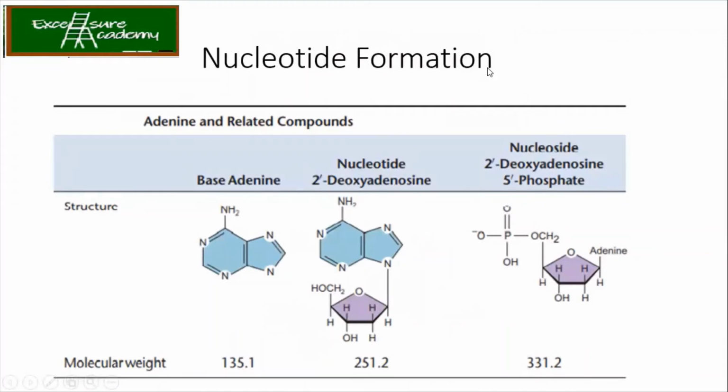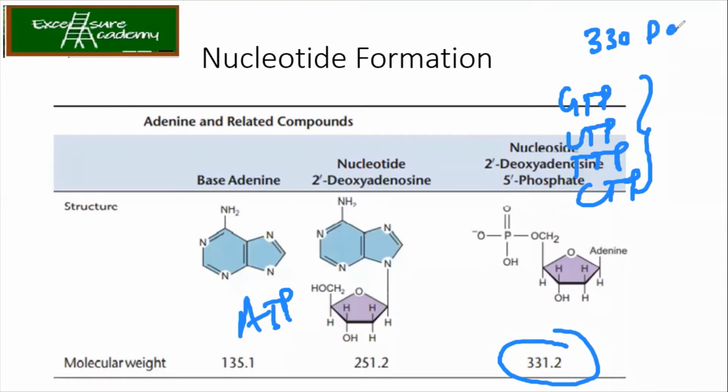So this is how your nucleotide is formed. You have got the adenine as your purine over here. Then a ribose sugar is added. We know in the case of DNA, it is deoxyribose, right? And then a phosphate group is added to form a complete nucleotide. Now, what is important to remember in this slide is the molecular weight. So 331.2 is the molecular weight for the ATP. Correct. In the same way, we have got the GTP also, UTP also, then TTP, CTP. So overall, the average weight has been taken around 330 Dalton.